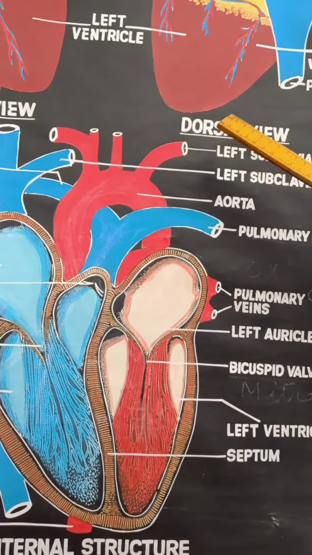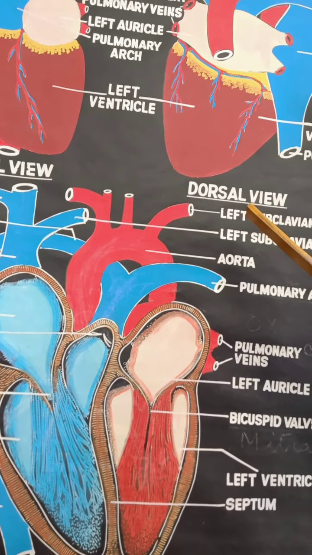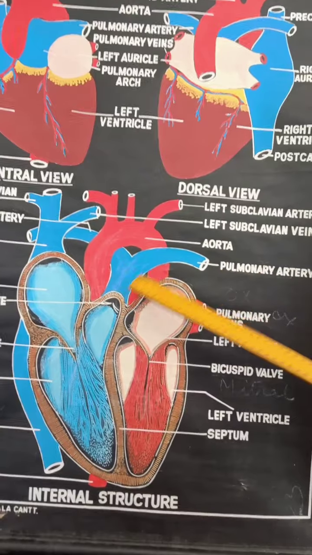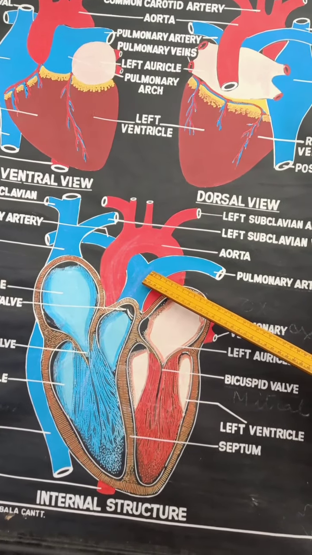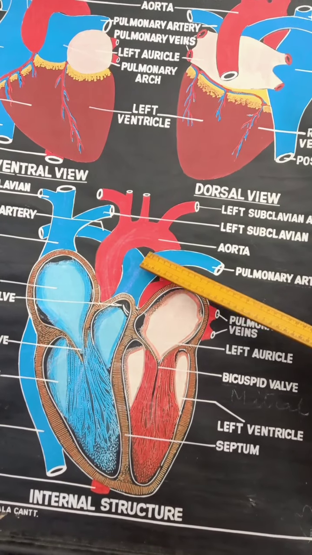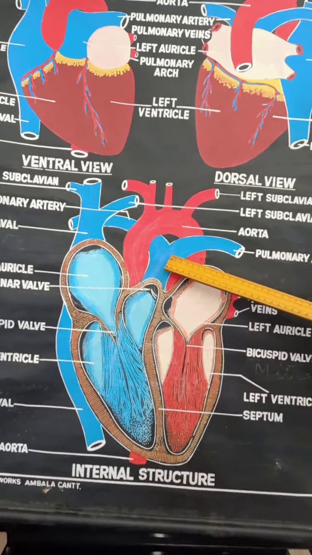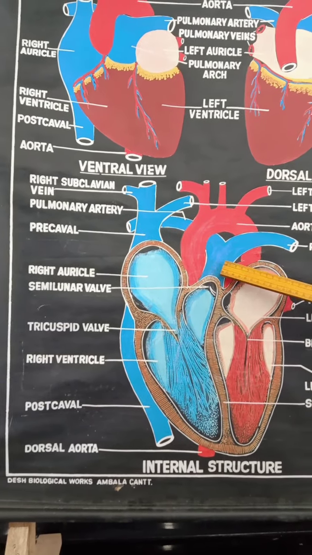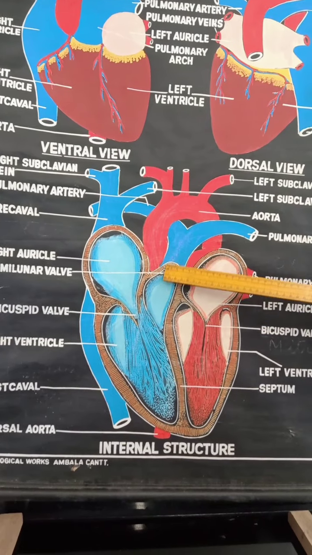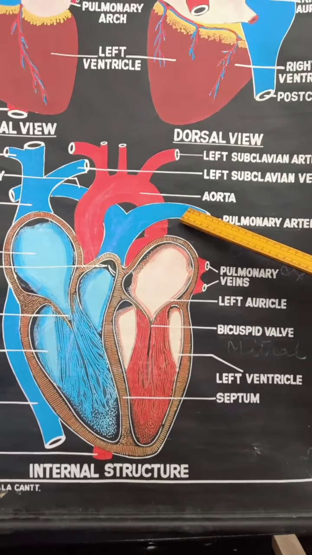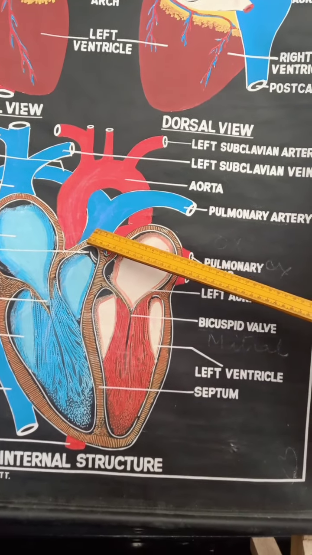It carries oxygenated blood to different parts of the body. Now coming to another blood vessel, the pulmonary artery. The pulmonary artery is another major blood vessel which is leaving from the left atrium. No, not from the left atrium, it is leaving from the right ventricle. This is the right ventricle. This artery carries deoxygenated blood